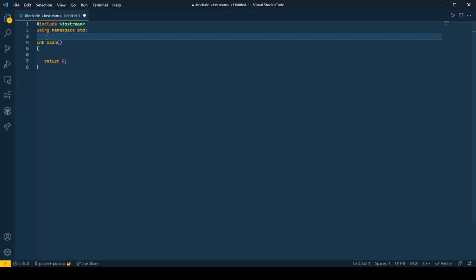So first let's initialize an array. So integer stack. So the name of the array is stack itself, and let's set the size of the array to be 5. Then we'll store the number of integers which we can store, as well as the top pointer, which is going to point to the location at which we are currently operating. So top would initially, in case of arrays, point to -1, but in case of a linked list it would point to null. Okay, so now over here we have initialized an array.